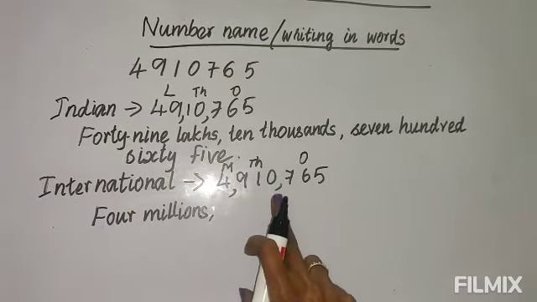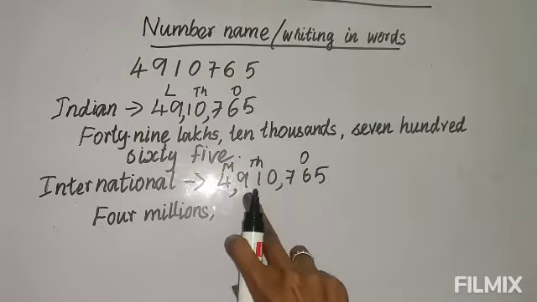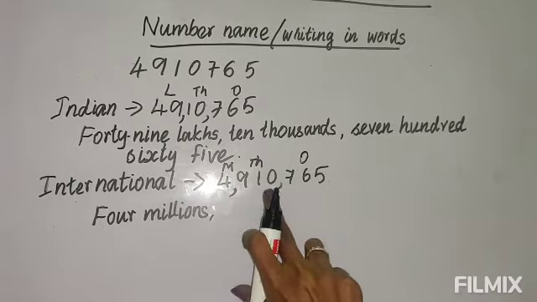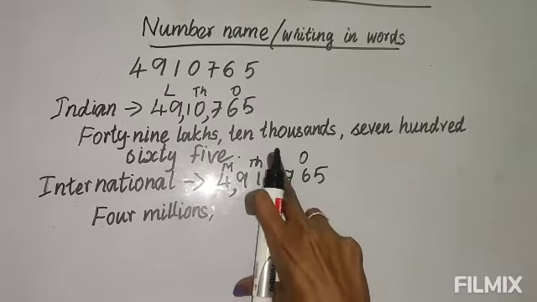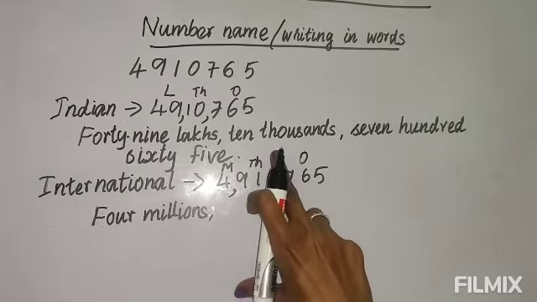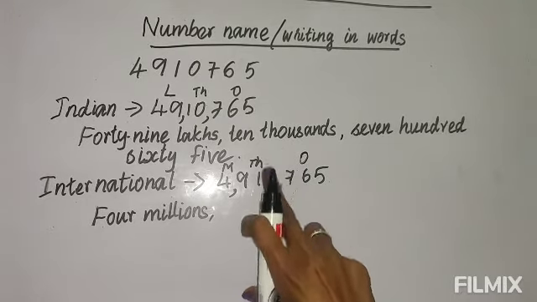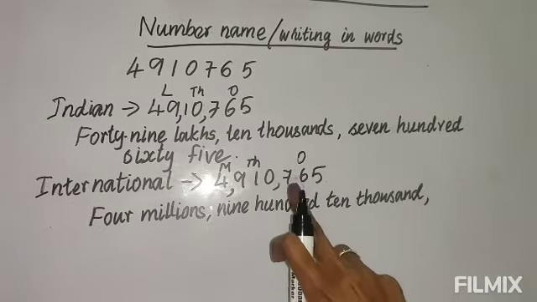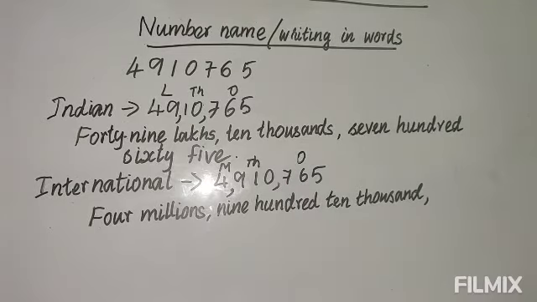Now see from the comma up to the next comma, these 3 numbers. How do you read these 3 numbers? 910. You see the number, only 3 numbers are there. You read it as 910, and this is in the thousands period. So you have to write 910 thousand. Again, the period name you have to write, thousand. Okay. After this, now the ones period, this is as usual only 765.